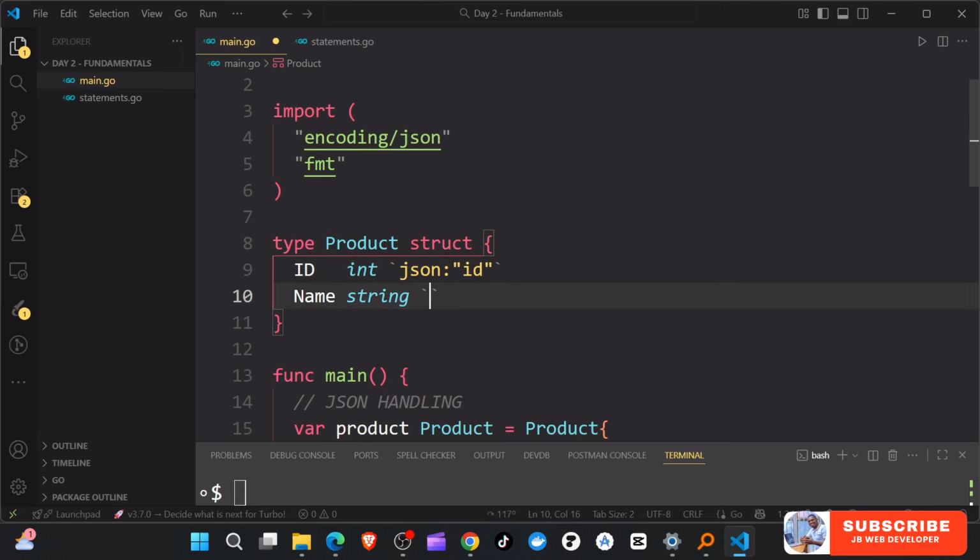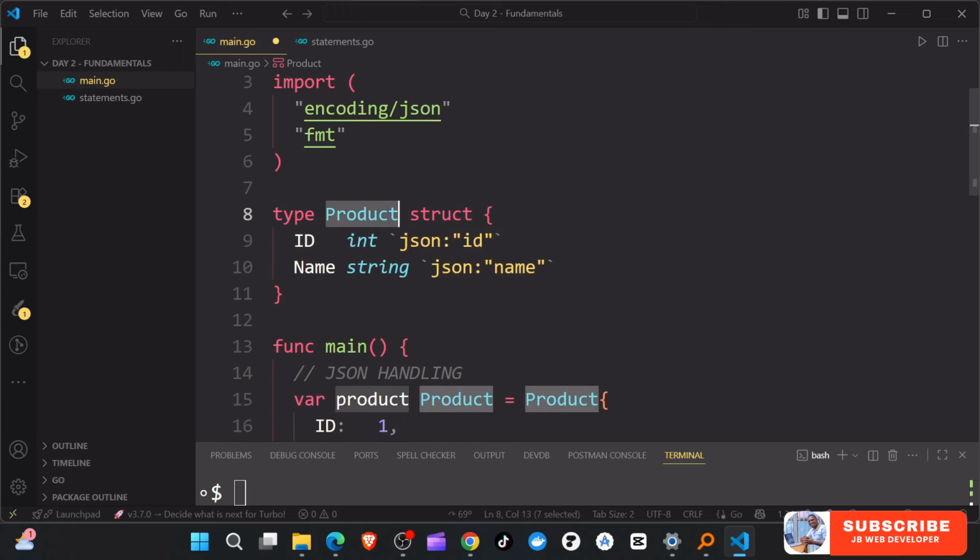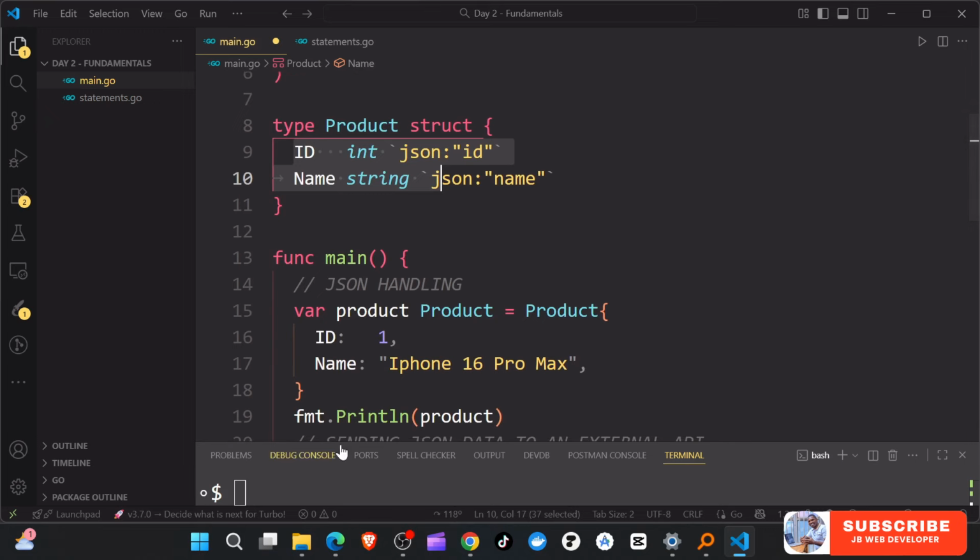For this one I'm also going to use backticks, and say in JSON I want this to be name. These are called JSON tags. These tags map how your struct is going to be converted into JSON. So you need to pass these in so that you see how these are going to be converted to JSON. So if we run again,